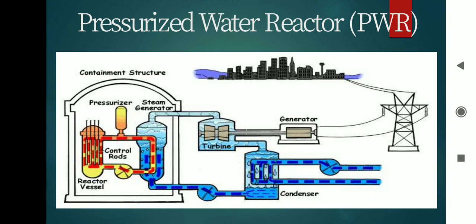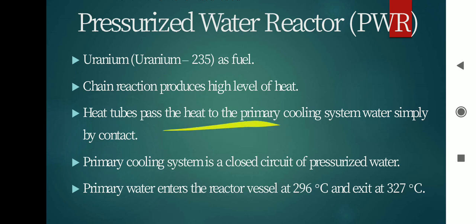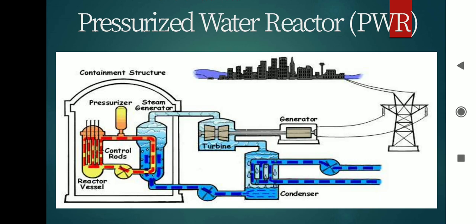Next, everything works as in a nuclear reactor. In the steam generator, the coolant gives up its heat, and the heat is transferred from the coolant to the water, which is utilized for increasing the steam levels. Then the steam goes to the turbine, the turbine blades are rotated, and they rotate the generator, and then we get the electrical energy. So that is the principle of operation of the pressurized water reactor.